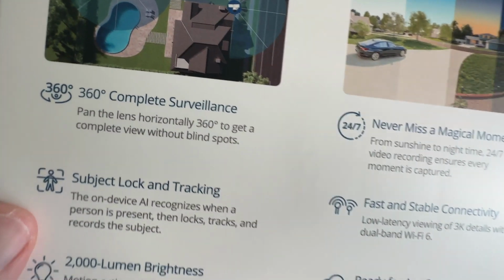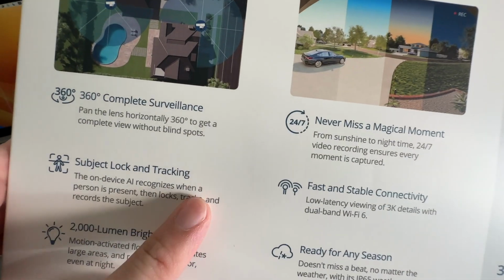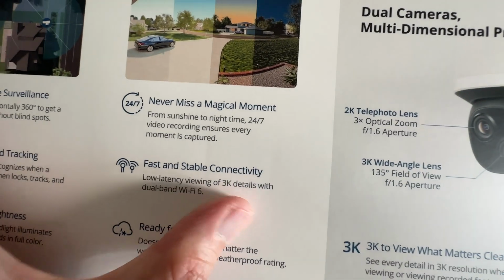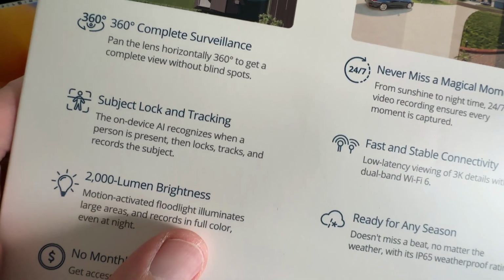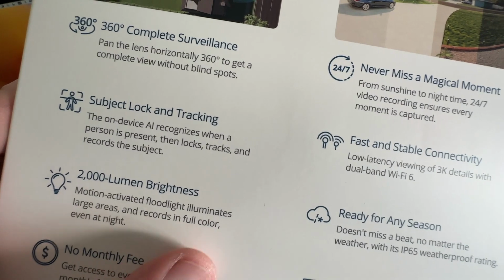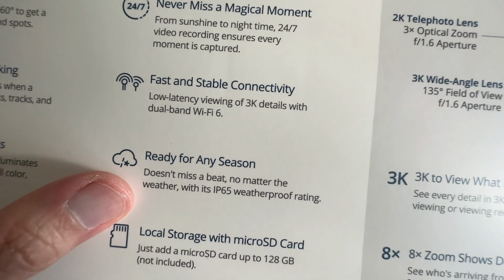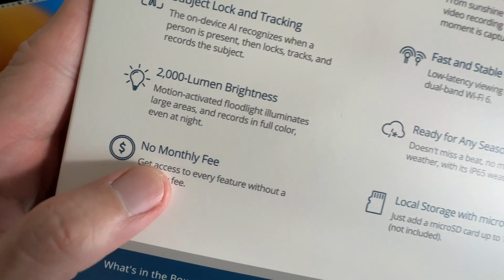Subject lock and tracking. The on-device AI recognizes when a person is present, then locks, tracks, and records the subject. Sweet! Fast and stable connectivity, low latency viewing of 3K details with dual band Wi-Fi 6. You get 2000 lumens brightness, a motion activated floodlight that illuminates large areas and records in full color even at night. Ready for any season, never miss a beat no matter the weather. With its IP65 weatherproof rating,